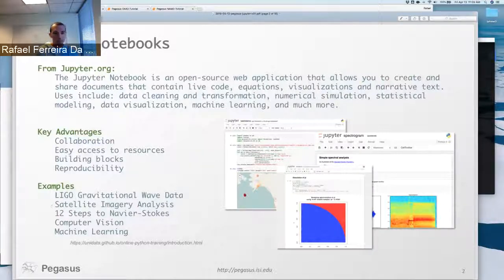You see there are very large groups today using Jupyter Notebooks. For example, the LIGO gravitational wave data. You can find the notebook for that online. Some satellite imagery analysis, the 12 steps to Navier-Stokes, computer vision, machine learning. I think machine learning is the one where you have the most notebooks online today. So all of that gave us a very good motivation to also enable, why not, executing workflows via